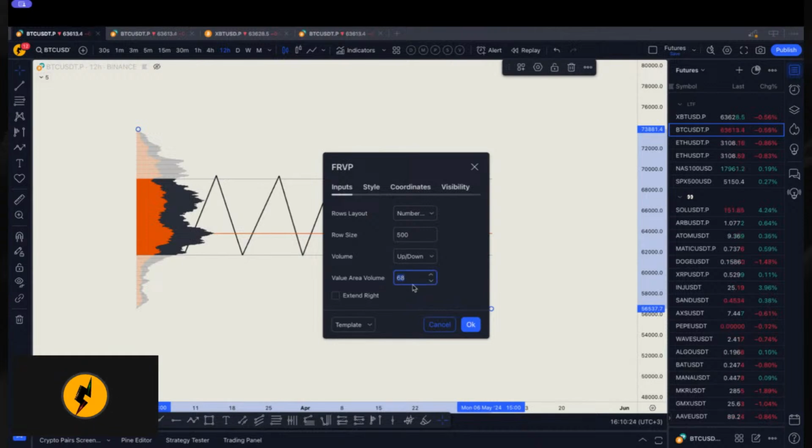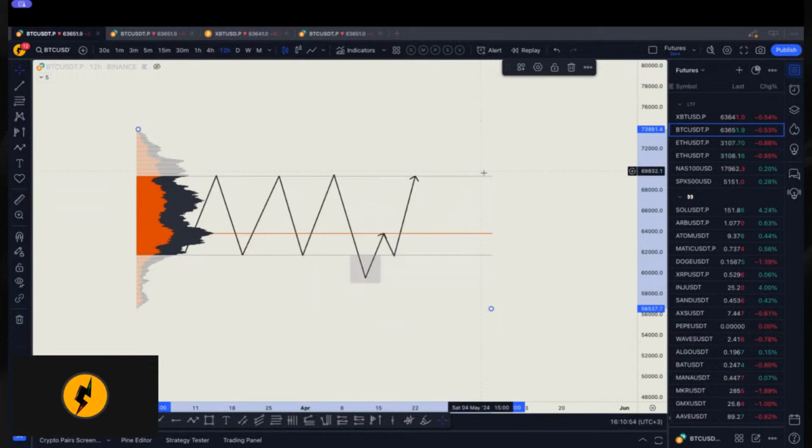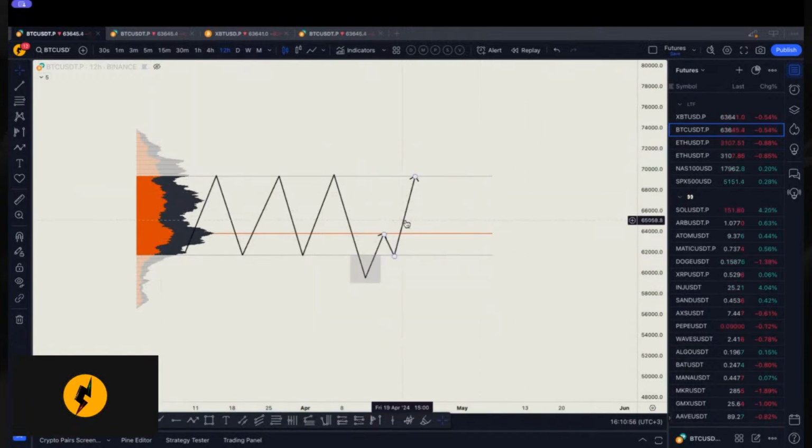And this 68 is basically the default value of a lot of other platforms, like in XOchart. I know for a fact that they use 68, but I mean, 70 doesn't really matter. The levels change slightly, but yeah, I use 70. I don't think it makes a lot of difference. So yeah, that's it about the